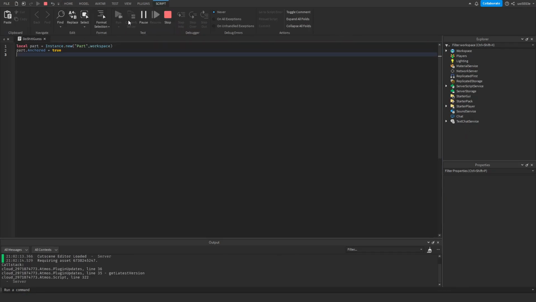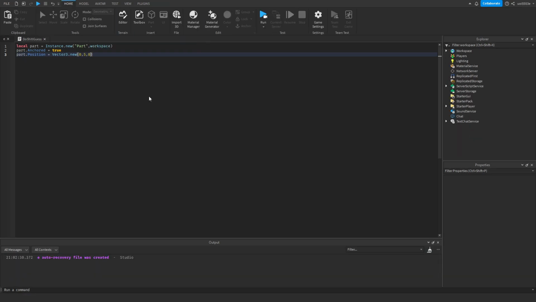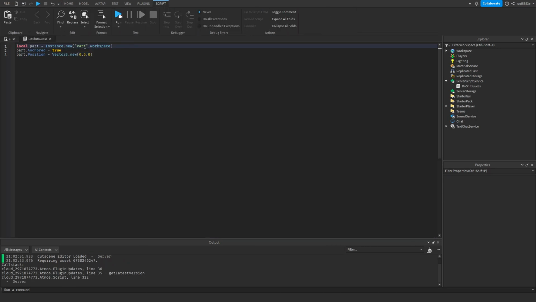However, then we can change its position by saying part.Position equals, and every time you say position you have to change it to a Vector3 or CFrame. That's a little bit up to you. We're going to say 5, and then, as you can see, and we can say the Y position equals 0. So if you want to make it move for a certain amount of time, if you can call it that,